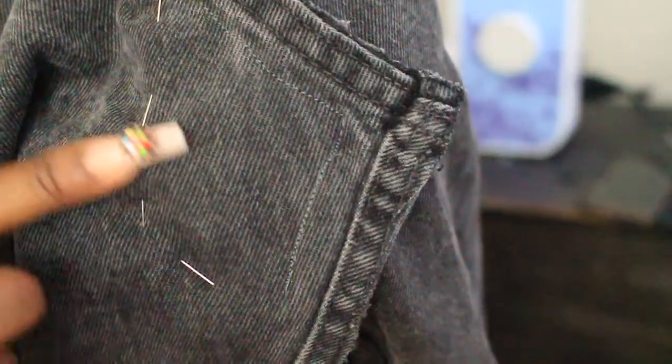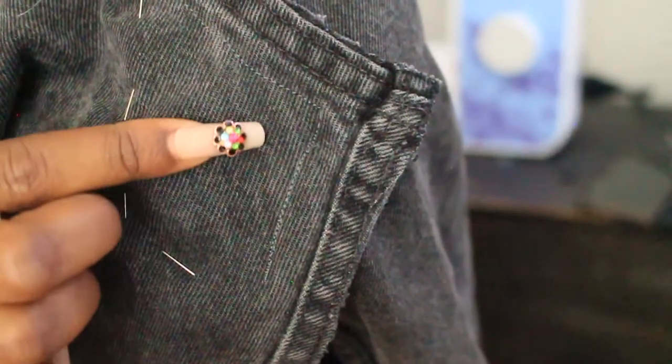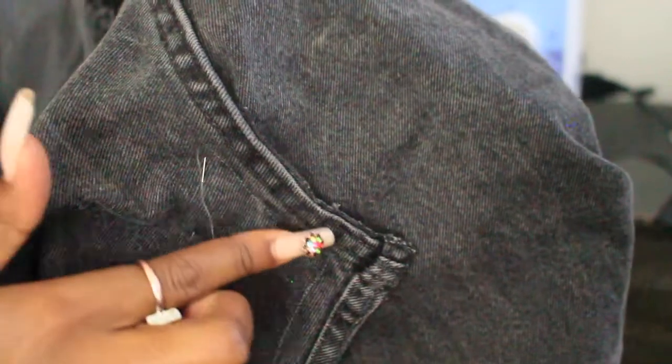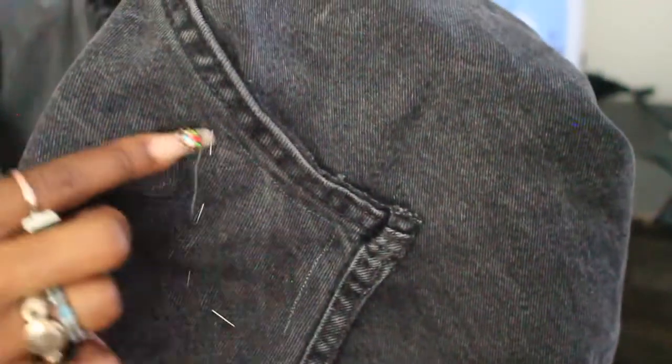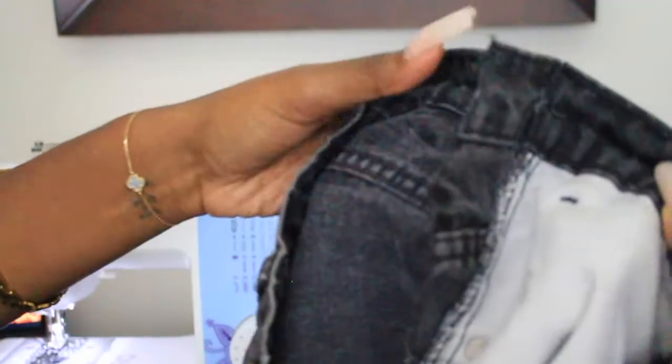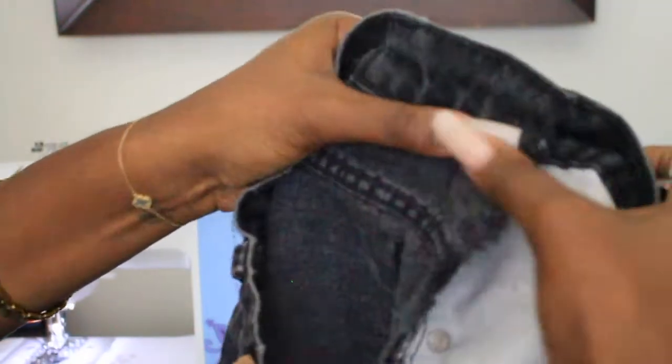All right, yo, this back piece was not a fun thing for me to sew, but it's all good. I figured it out. I did a double stitch there, one along that side. Then I'm also gonna hit that seam that I just cut the actual jean part out of. I left it so it'll give me this finished look. And then I'm gonna sew along that and then where the pins are, and then I will be done. And then you guys are gonna see in this next clip, damn, take a shot for every time I say and then. Okay, for this part, I just cut this at an angle and then sewed those two pieces together